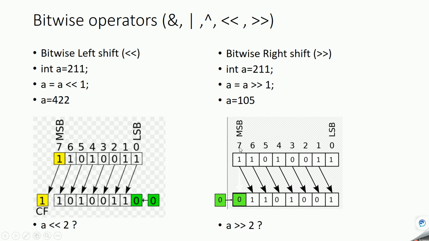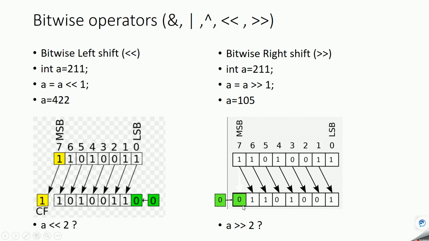The seventh bit will come into the position of the sixth bit, the sixth bit will come into the position of the fifth bit, the fifth bit into the position of the fourth bit, and so on. You can see how this bit shifting is happening, and at the last, most significant bit, a 0 will be appended, and whatever the first bit was, that bit will get removed, or discarded basically.